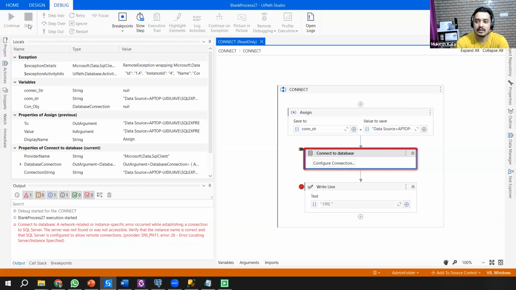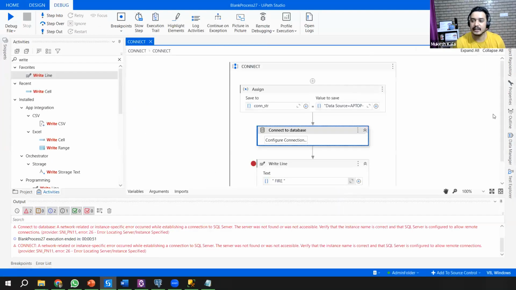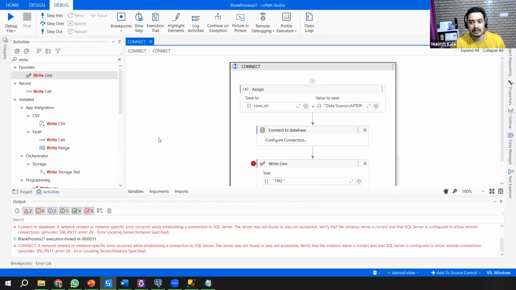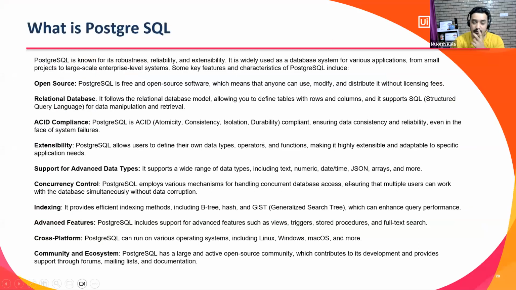So that way, there is no point in running the automations further if you're not able to connect to the database, right? And how can that connectivity be checked? By just using this output variable, which is the connection object, right? So this is how you connect to the SQL Server. Okay, cool. So that was about connecting to the SQL Server.